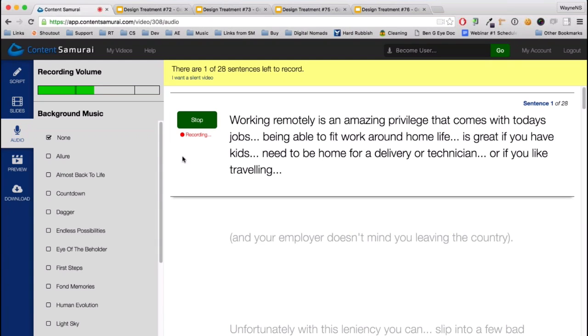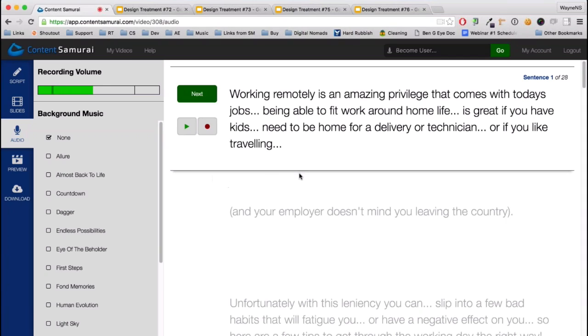So I'll hit the right arrow key and it stops the recording. Now that will completely eliminate the clicking noise. So if you haven't recorded anything before, if these were all blank recordings, you could make your way through the